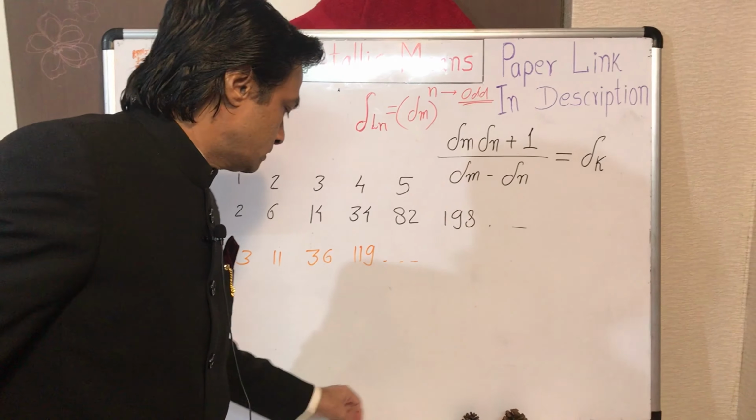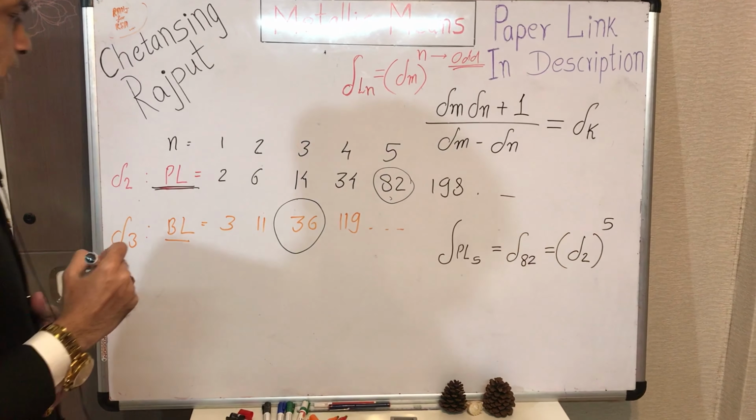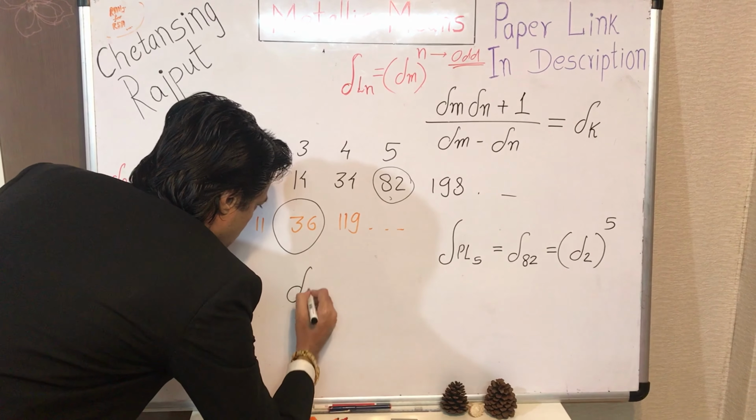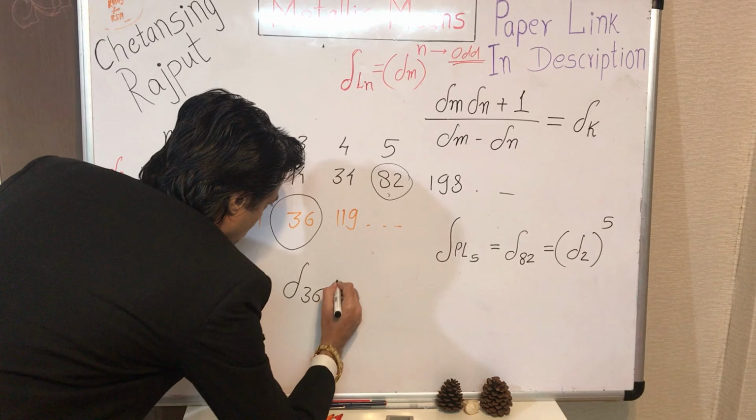Okay, likewise consider the bronze Lucas sequence and consider any odd term of that sequence. This is the first bronze Lucas number, this is the third. Consider 36, the third bronze Lucas number. So we can write the 36th metallic ratio is precisely equal to the third power of the third metallic mean. Take the calculator, you can calculate this. The 36th metallic ratio equals the cube of the bronze ratio. Okay, so keep this formula in mind,